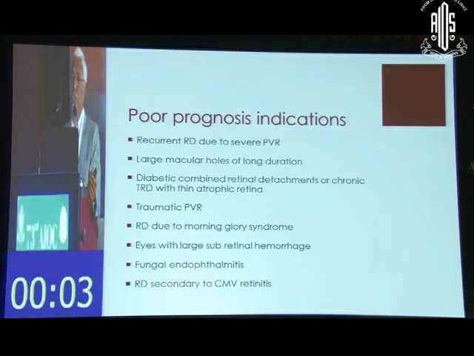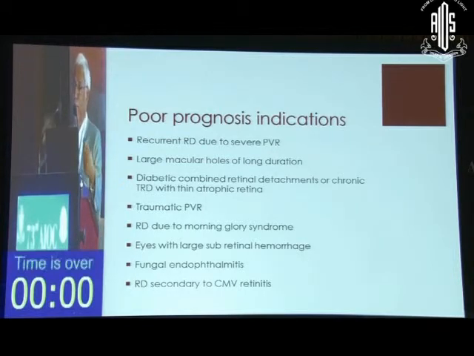But there are also situations where you may feel happy, but the patient is not so happy, because the result from the point of vision is not very good, although you think you have fixed the retina and you have solved the basic problem. These are recurrent detachments with severe PVR. You may operate twice, thrice, 4 times, retinectomy, put in oil, take it out, put it back again, etc. And at the end of the day, you think the retina is attached, but he has only finger counting vision.